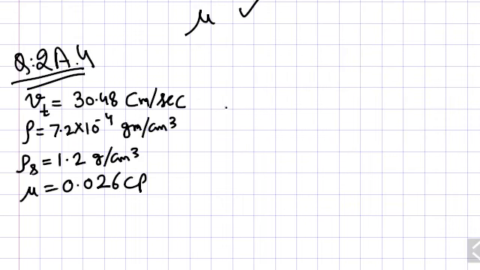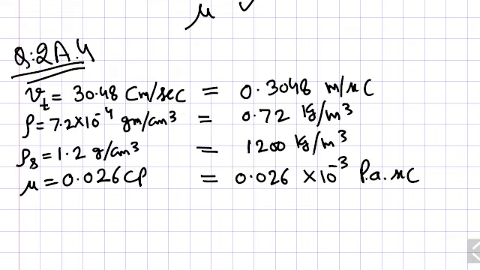So here I have taken the data, and this Vt is the velocity of gas in the stack, and it will be taken as the terminal velocity here. Actually, in your book you will see that the unit is FPS, but I have converted it to CGS unit, and then you can write it in MKS unit. So this is the conversion to the final MKS unit. And the CP, for example, can be converted by multiplying by 10 to the minus 3 into MKS, Pascal second.